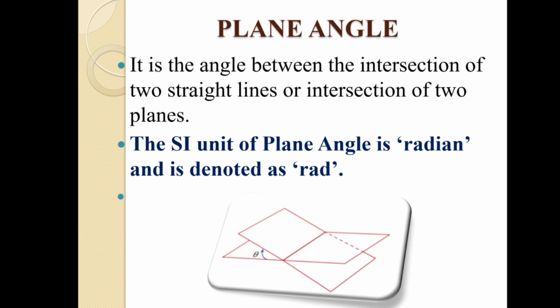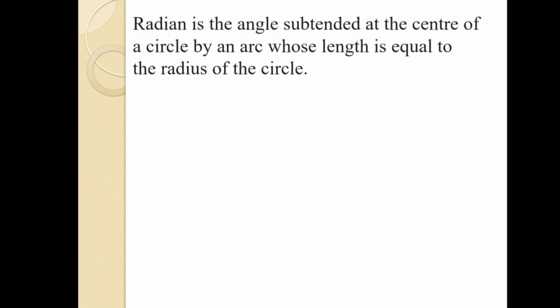So the SI unit of plane angle is what? The SI unit of plane angle is radian and it is denoted by rad. So what is the unit for measuring this plane angle? That is what we are going to discuss. It is radian. Radian is a unit for measuring the angles that we mainly use in trigonometry. We use it instead of degrees, whereas a full circle is 360 degrees, a full circle is about 6 radians.